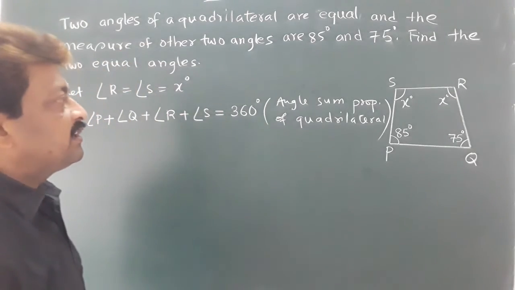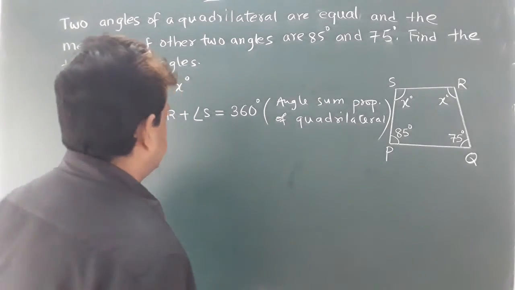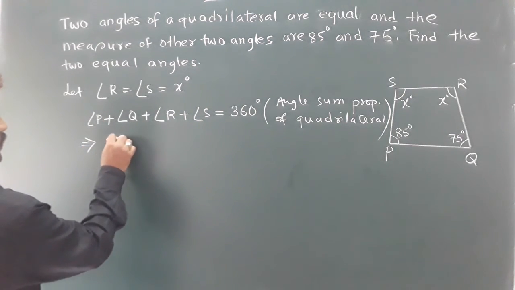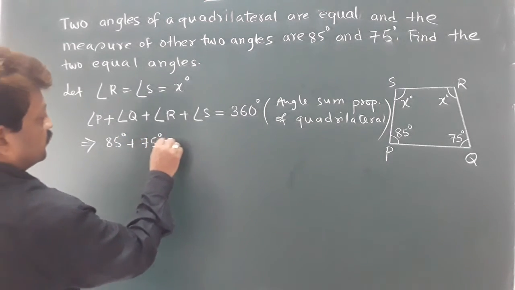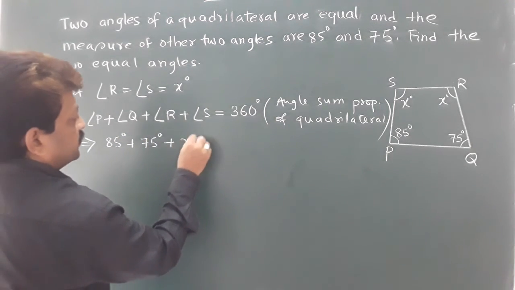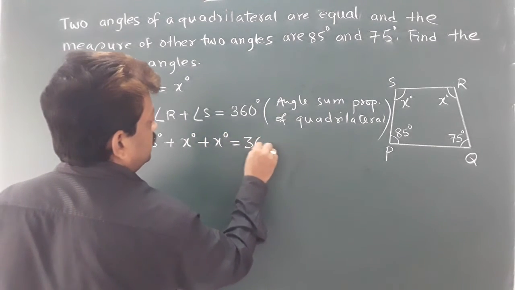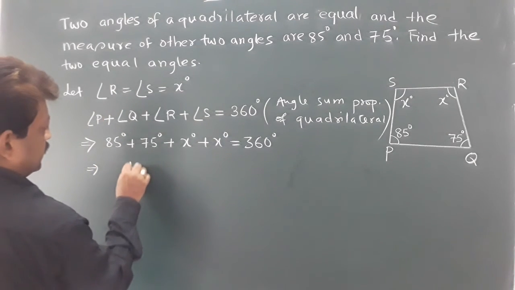Angle sum property of a quadrilateral means the sum of all angles of a quadrilateral is 360 degrees. Now let me replace the values. Angle P is 85 degrees, angle Q is 75 degrees, angle R is X degrees, angle S is also X degrees, equal to 360 degrees. So the sum of these two is 160 degrees,